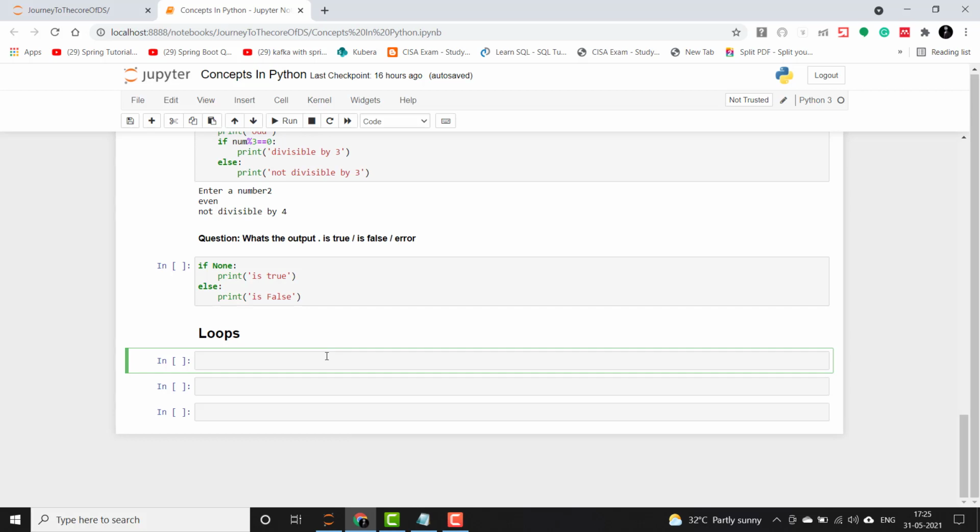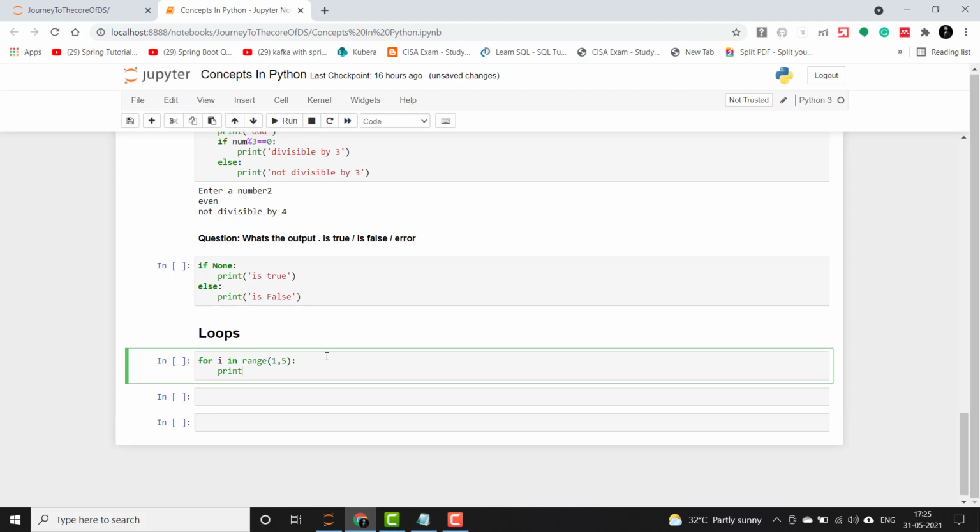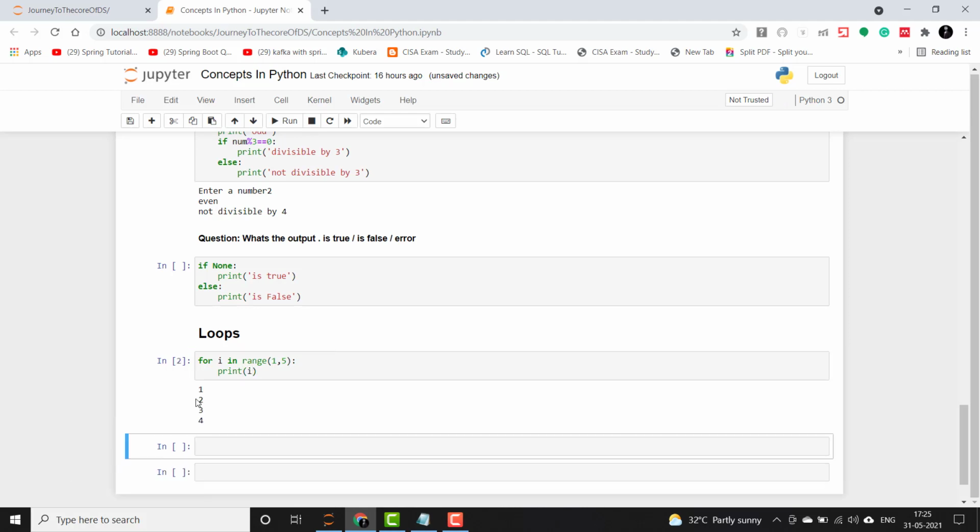So let's start. So we'll say for i in range(1, 5) and then print i. So you guys can see that the loop is executed 4 times. The first argument here specifies from which number you want to start the loop, and the second argument specifies till what number we want the loop to continue. Please remember, guys, the second argument is the exclusion part, so the loop will always continue till n minus 1, which in this case is 5 minus 1 equals 4. So 4 times the loop will continue.